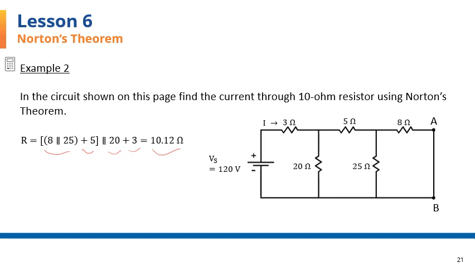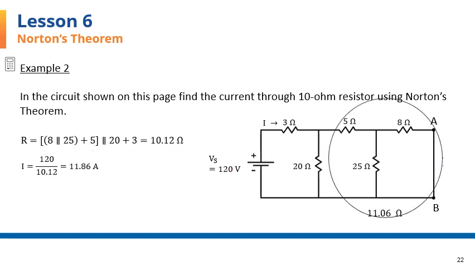The current is found by dividing the 120 volts by this resistance, and it comes to 11.86 amps going through here. This current is then divided between the 20 ohm resistor and the other branch that's in this circle here. The circled branch has an equivalent resistance of 11.06,